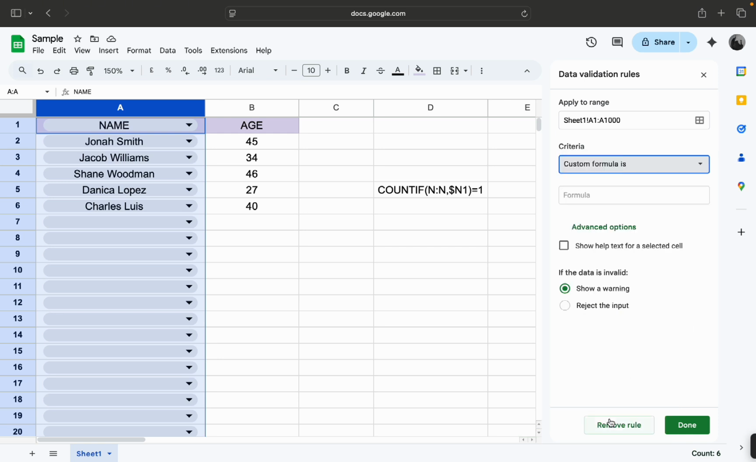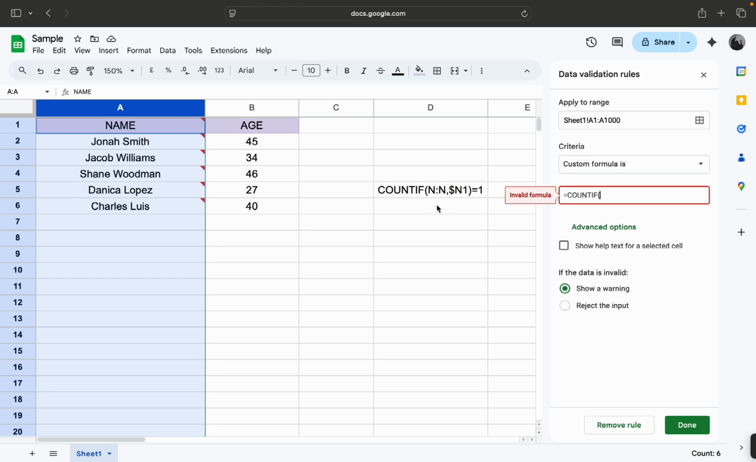And then just click on Custom formula. And then over here at the formula, you want to write this formula. But first, you want to put an equal symbol at the very beginning. And then you're going to write the formula. And for the end here, you want to replace it with the column that you're going to add this rule to. So in my case, it's going to be column A. So I'm going to put A, then the comma, then the dollar sign, then A1, then the close parenthesis, equal sign,